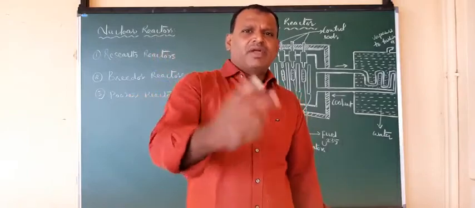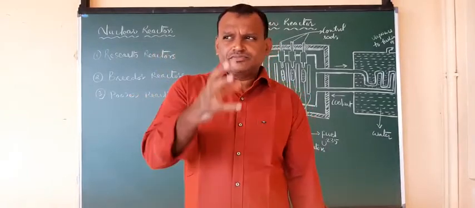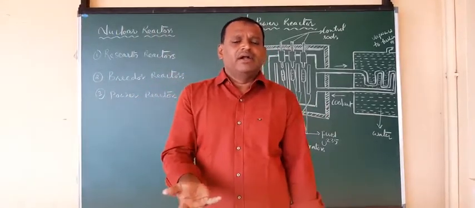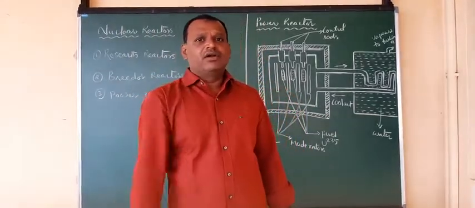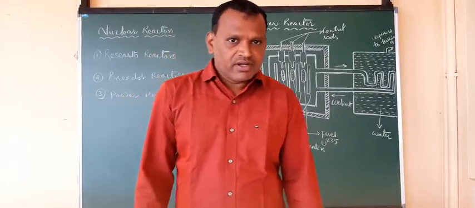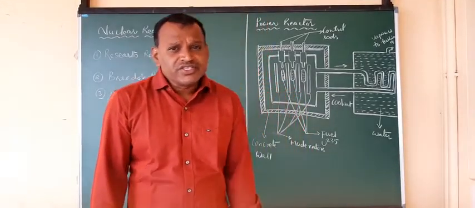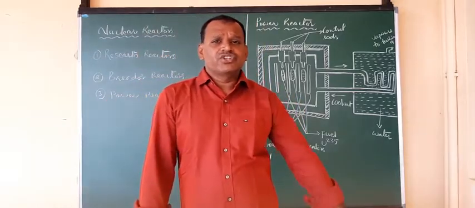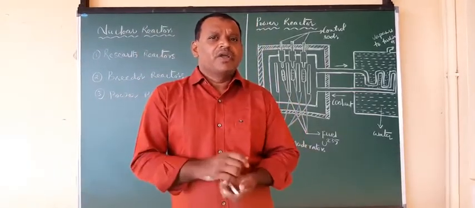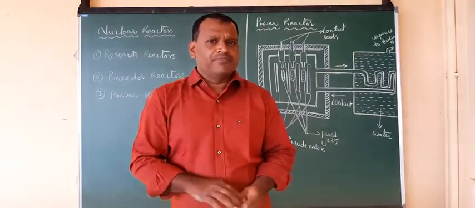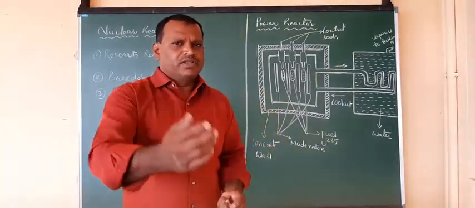There we compare the number of neutrons in the present generation and the previous generation, and calculate a factor called the neutron multiplication factor. Based on that factor, the given fission reaction is said to be a controlled chain reaction, an uncontrolled chain reaction, or maybe no chain reaction. So it depends upon the value of K, right? That we covered in the last video.